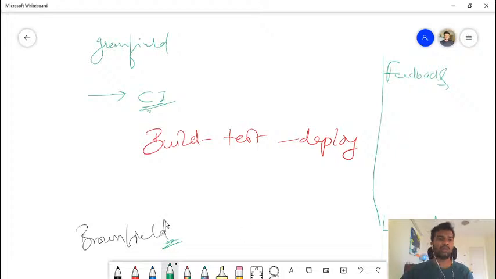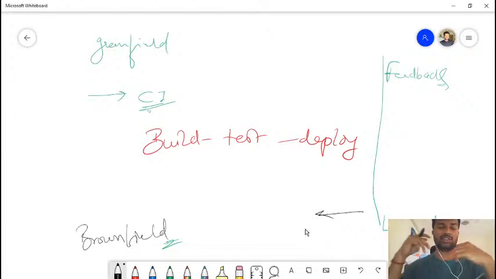So how do you lower down the friction in the brownfield? You actually start from the right. That implementation starts from the right. Since there are two different approaches here, from the CI as well as from the CD, you start either from the left or from the right, but in either case the approaches would be different. And since the approaches would be different, the features that you start implementing would be different.